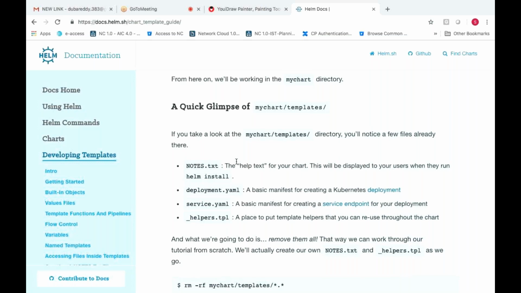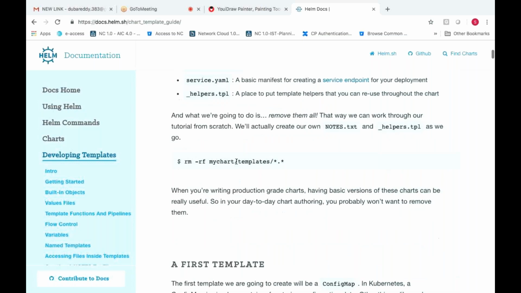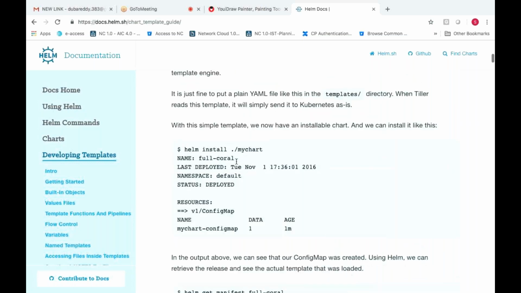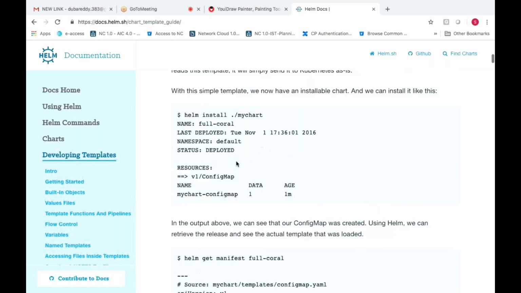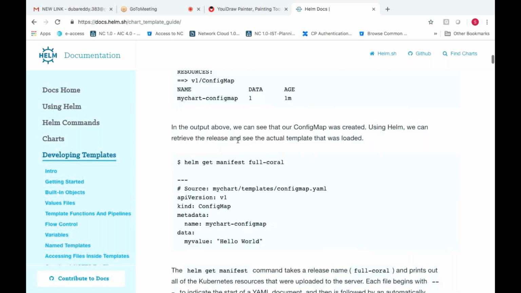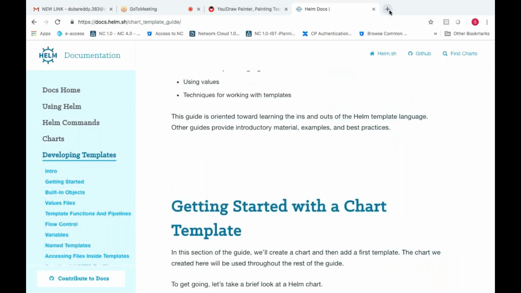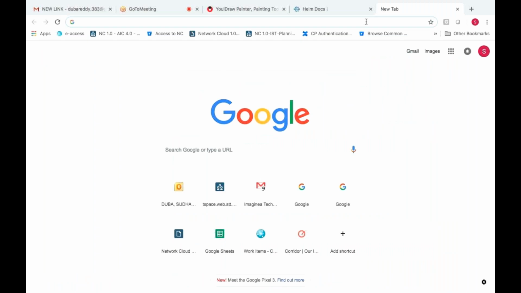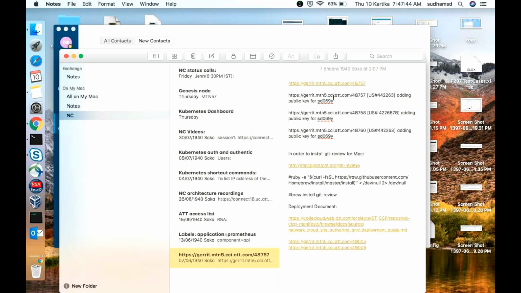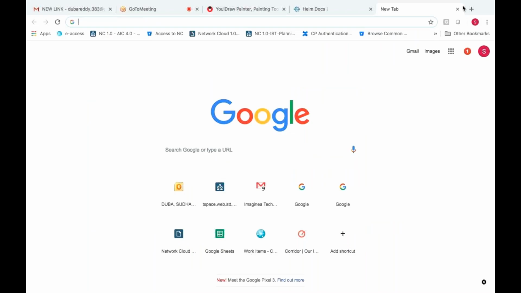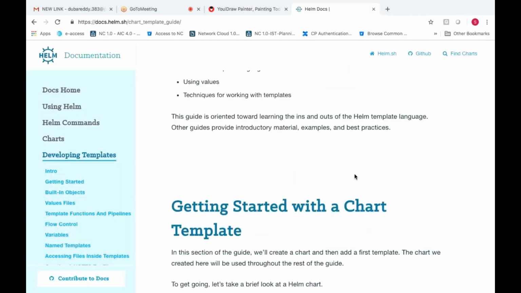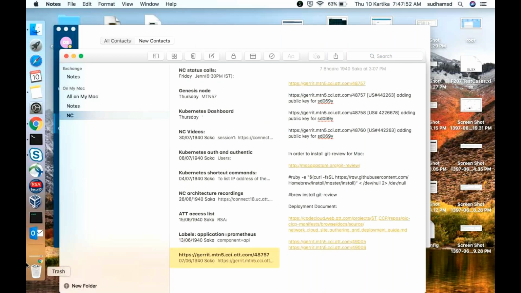So I think it's better we install it. So installing, he's trying to do like this: helm install and the directory name. First, let's install.